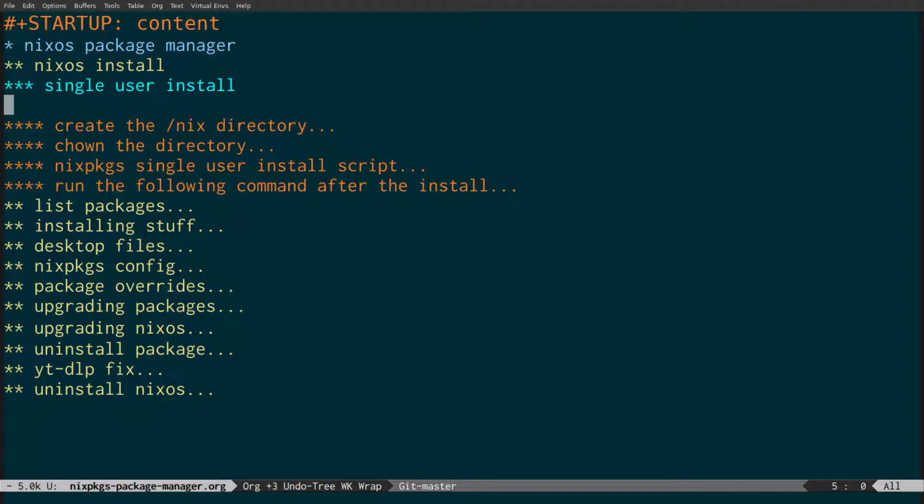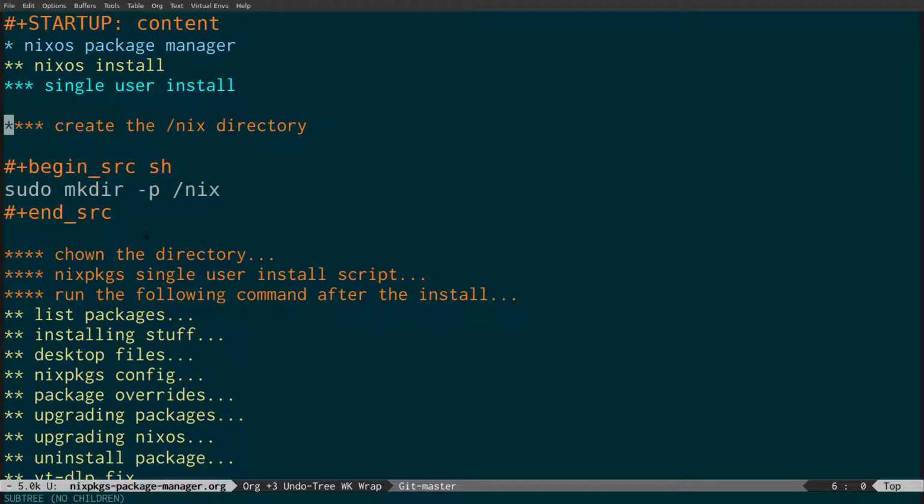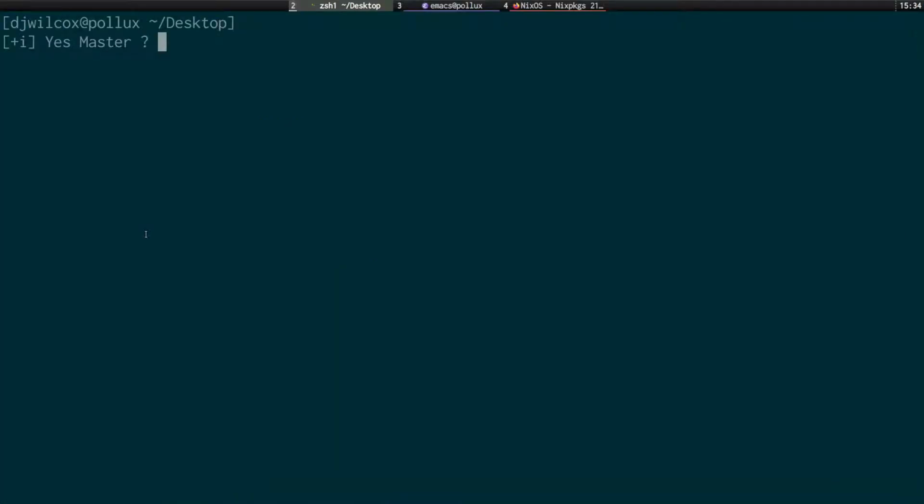So using a single user install is a lot cleaner. All the files are owned by your user, and it's really easy to actually remove nixpkg completely if you don't like it, or you want to start fresh. So the first step is, what we need to do is create a nix directory in the root of our operating system. So if I come across here,